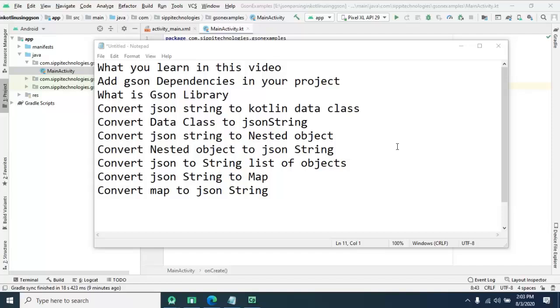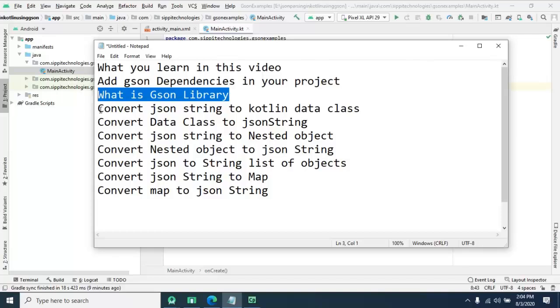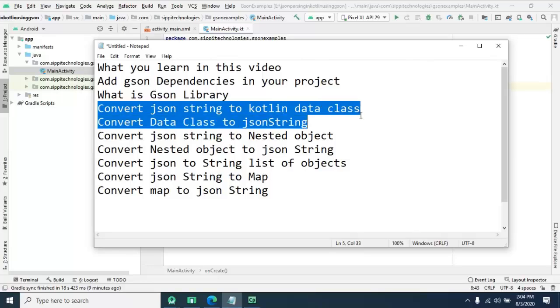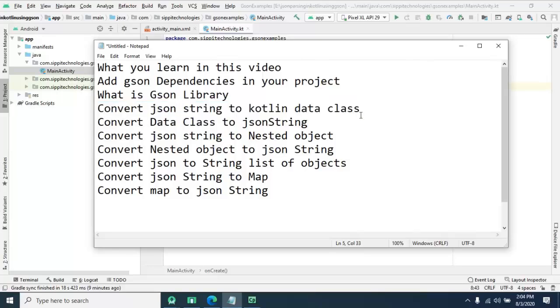Hello learners, in this video we will discuss the JSON library and we will learn the following things. First of all, we will learn how to add a dependency in your application or project, and after that we will discuss the JSON library, and after this we will learn how we use this JSON library in our project and convert a JSON string to a Kotlin data class, and from a Kotlin data class to a JSON string, as well as we